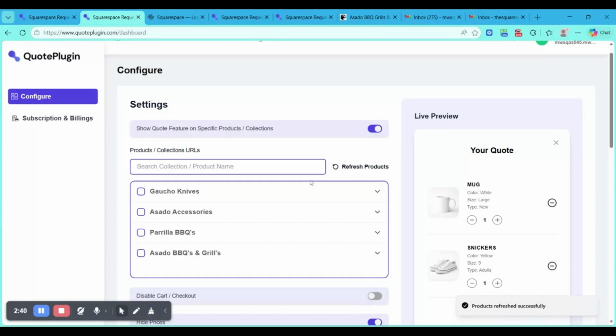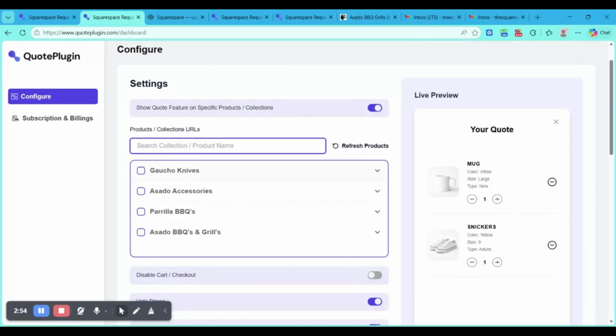And if you have updated products or added new products, you can also click on refresh products to kind of fetch them here. You can search for that collection name and the product names that you want to show this feature on. So in my case, I just want to show this on Perla barbecues,